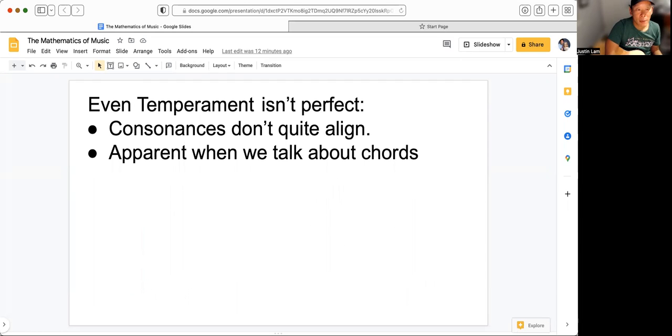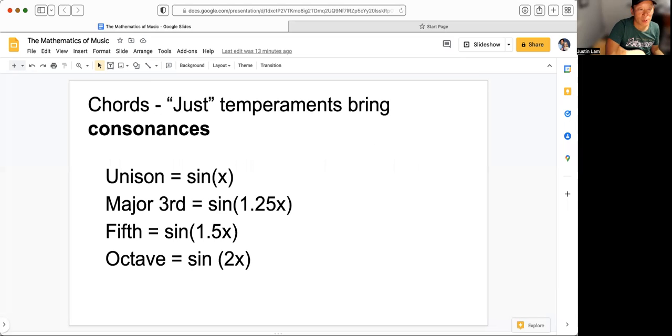But even temperament isn't as perfect. The consonances don't align, and I'll talk a little bit more about what that actually means. So, in just temperament being related to consonances, if I just play a major tonic chord here,